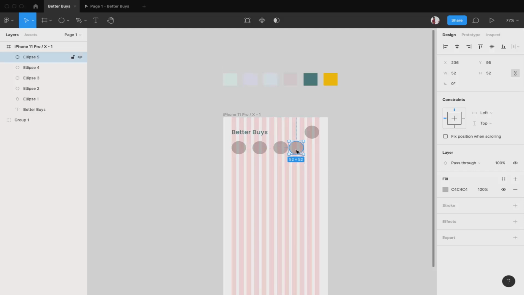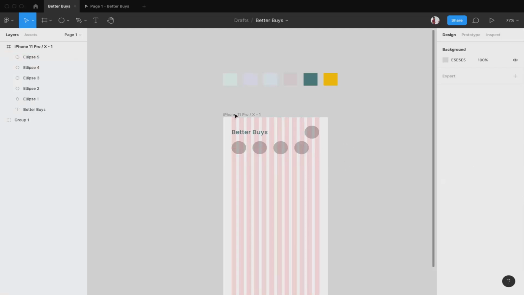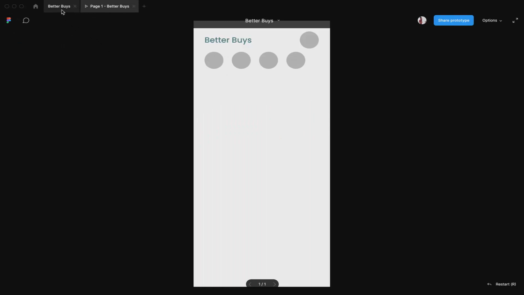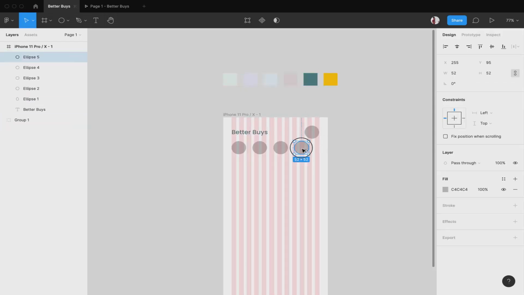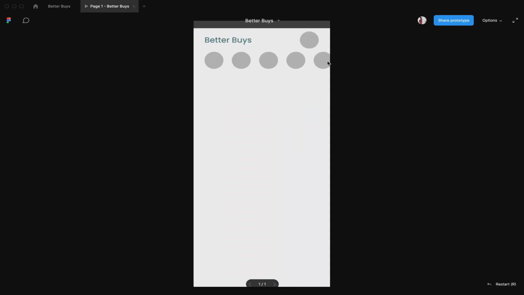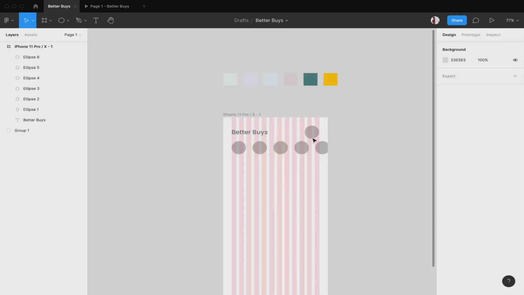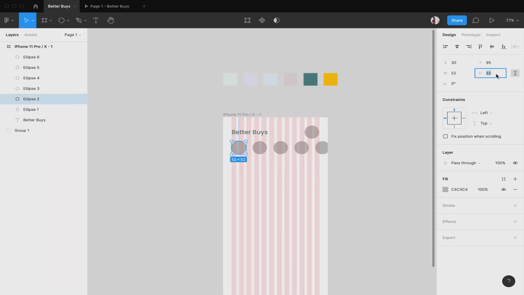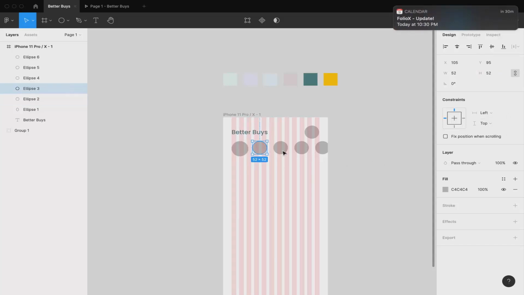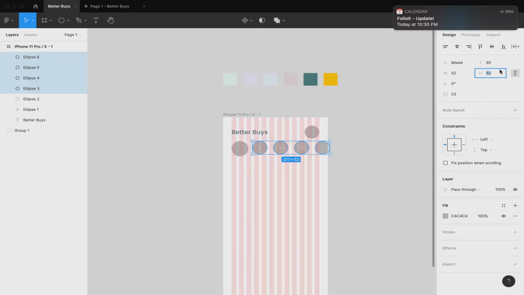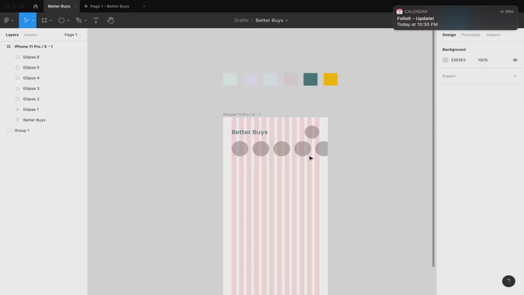So it will automatically tell you if the distance is equal or not. Okay, so now we have four sections over here, and I want one more, but that needs to be half gone inside. By this the user will know that there is another category for them to go and check out. I hope you understand what I'm trying to do over here. Now I want this a little bit bigger, so I'll make it 50 or maybe 60. Maybe 60 sounds better, on the height to be 60. Cool.